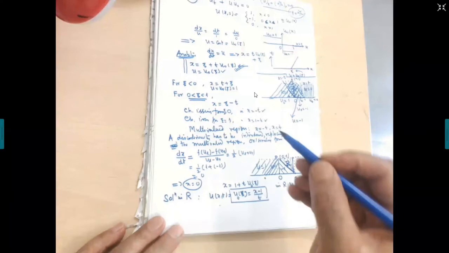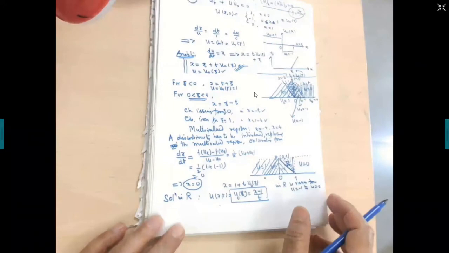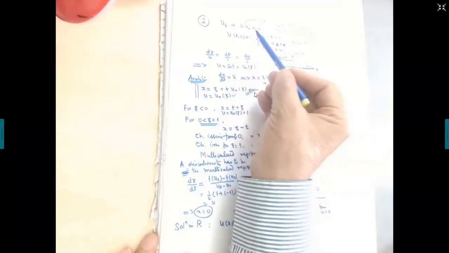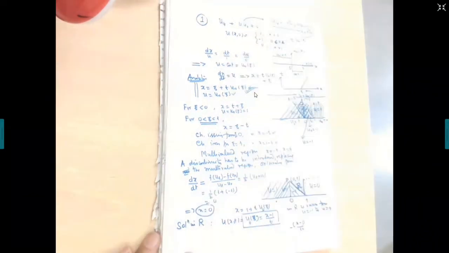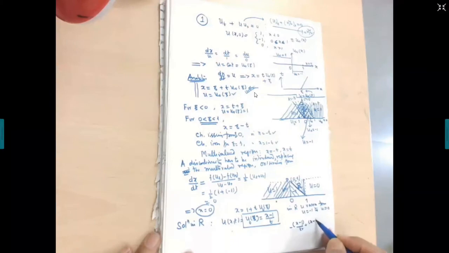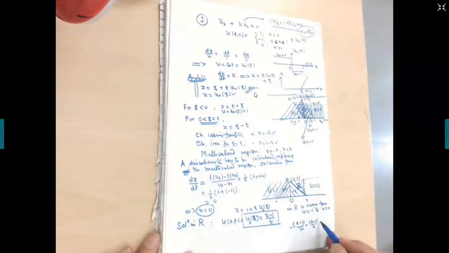If I put u equal to x minus 1 upon t, what is the t derivative? This is the differential equation, correct? It satisfies the differential equation identically, because the first term is minus x minus 1 upon t squared, plus x minus 1 upon t multiplied by u_x. The x derivative of this is 1 by t. Am I right? And you can see it is identically satisfied: 0.